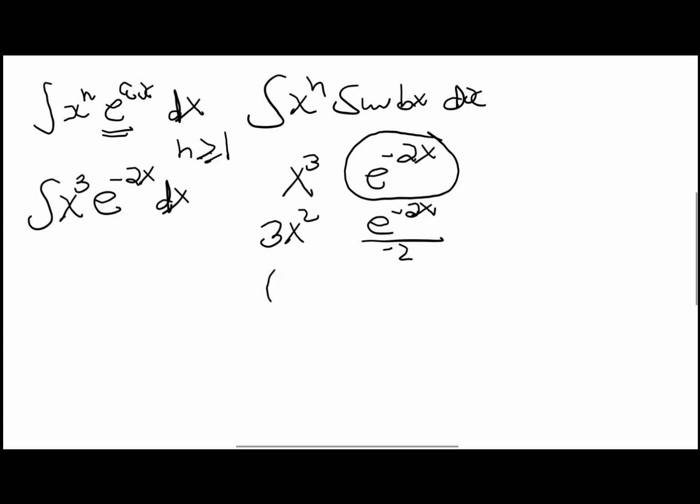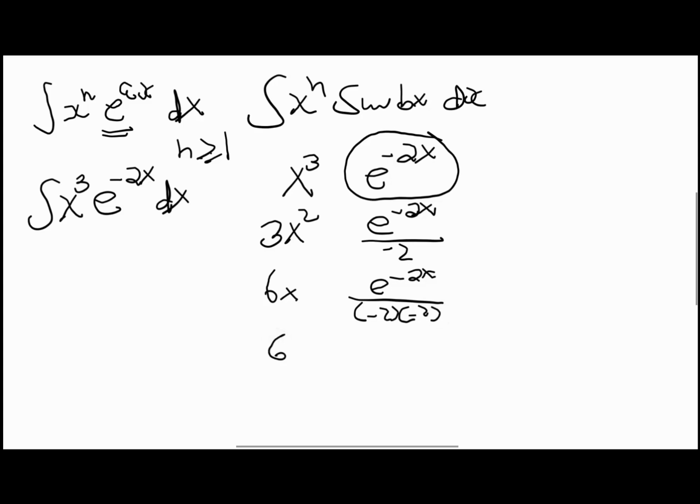And then the next portion will become 6x, and again repeating the same procedure on e to the negative 2x, we get e to the negative 2x, and then negative 2, another factor will come downstairs, then integrate it again,